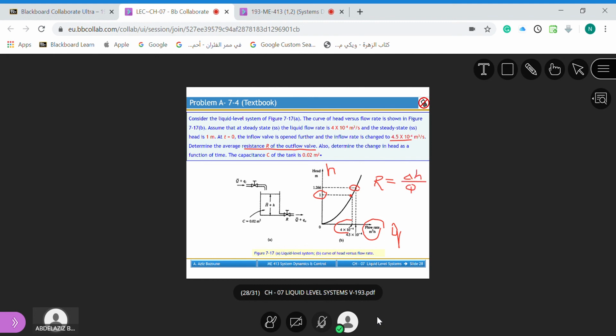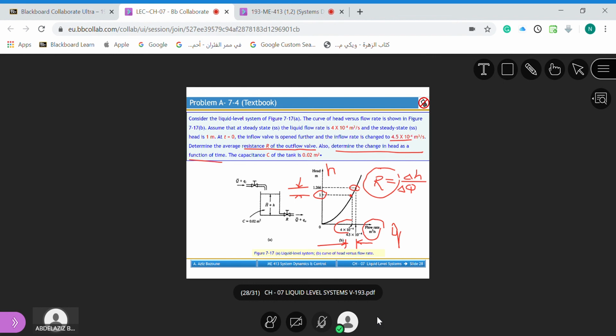Is that right? Over delta Q. If you look, delta H is this amount, 1.266 minus 1, over delta Q. Delta Q here is 4.5 minus 4. So this is the resistance. Clear? And then after that, he asks you to determine the change in the head as a function